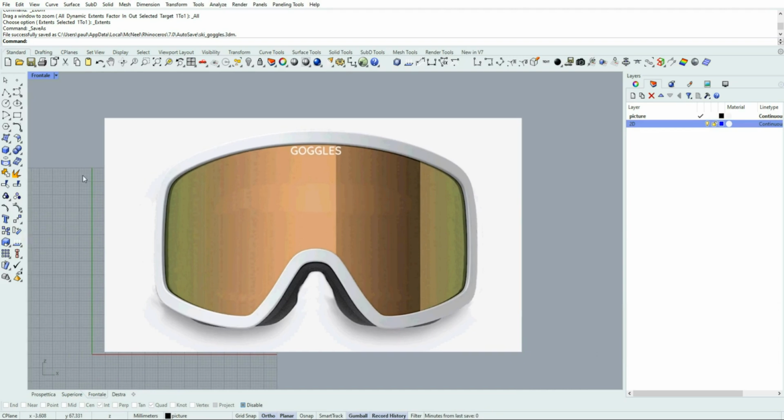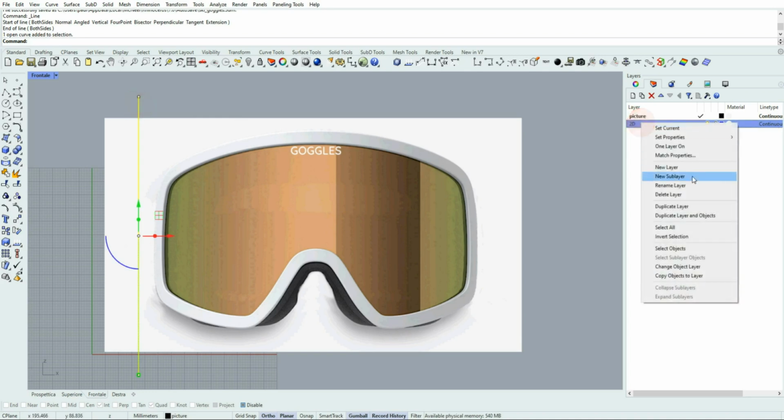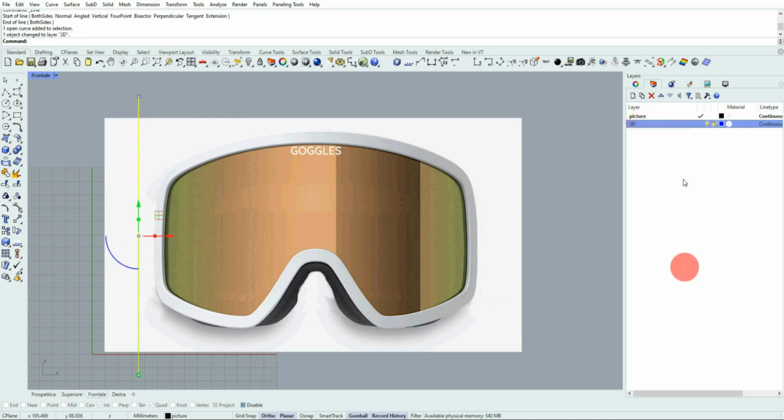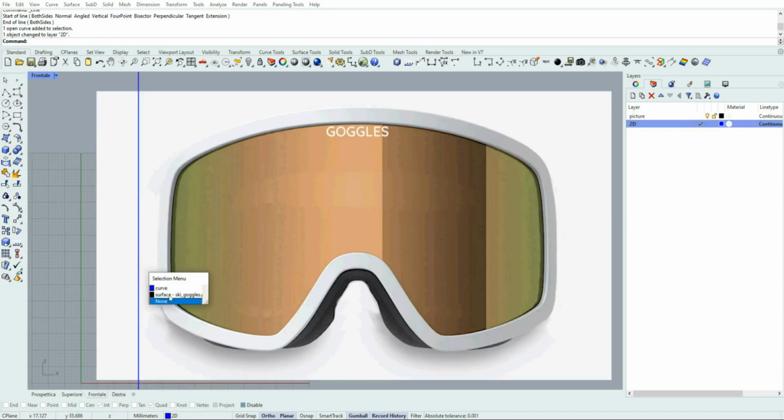Switch to the front view. Make the 2D layer active, and before that check if ortho and gumball are active. Okay, in case you forgot to make the 2D layer current, just change layer to the line.